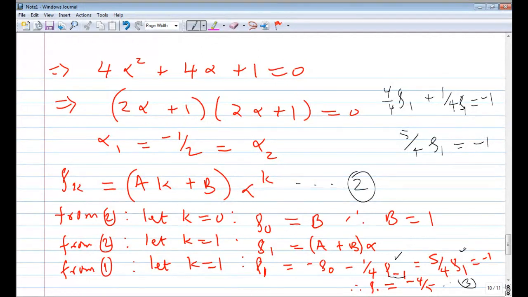This is what we get here. All right. Then row 1 equal to -4/5. This is where we are. So now,